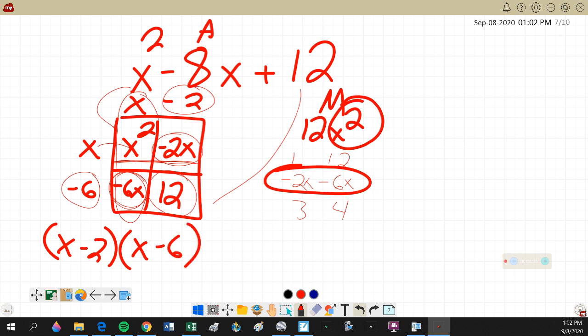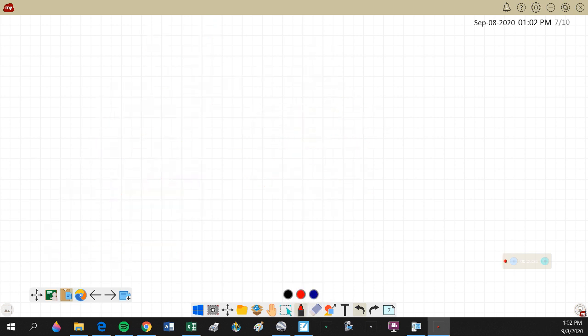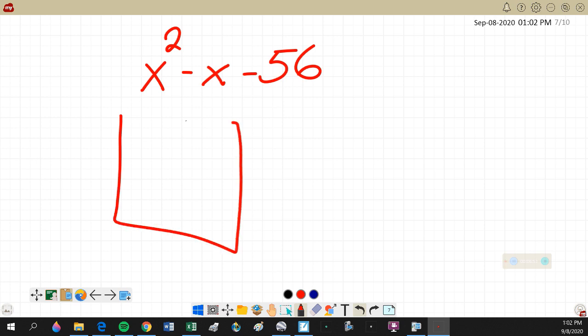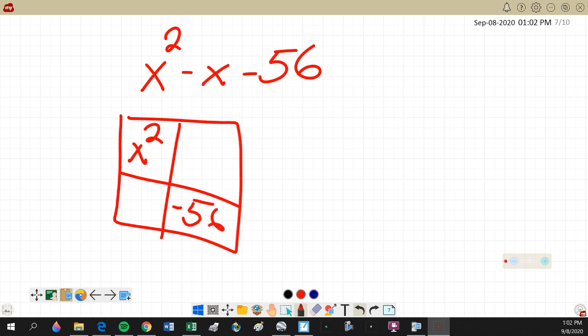Does that make sense? All right. What if I had x squared minus x minus 56? Well, I draw the factor box, put the x squared in place and the negative 56, multiply those together,